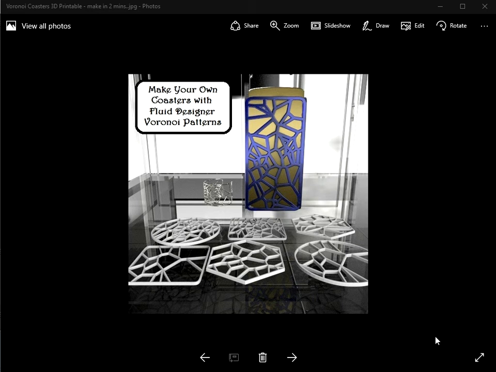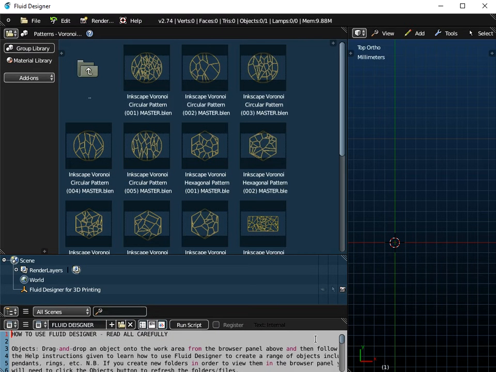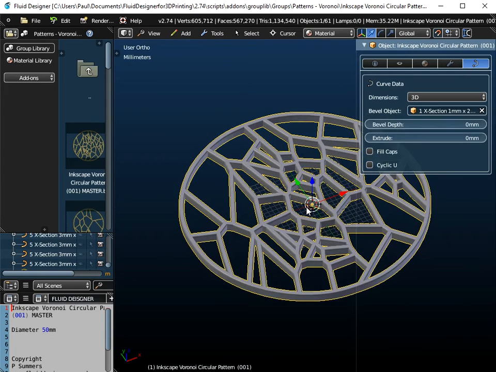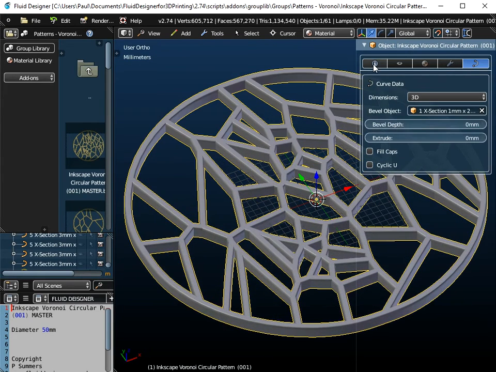Hello there. In this quick short video I'm going to show you how you can make your own coasters using Fluid Designer Voronoi patterns. You can download Fluid Designer for free and then purchase our Voronoi patterns, and if you just drag and drop that object onto the workspace, what we notice if we look at the